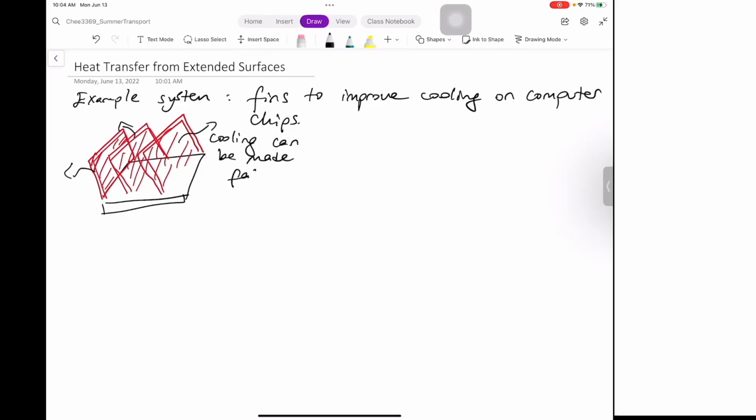Made faster by increasing the surface area. Okay, so that's the trick. Yeah, you can do that, but why are we going to model it? I mean, just put some extended surfaces and see whether it's going to do the job, because we want to actually